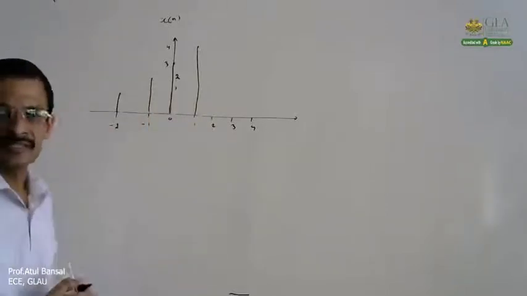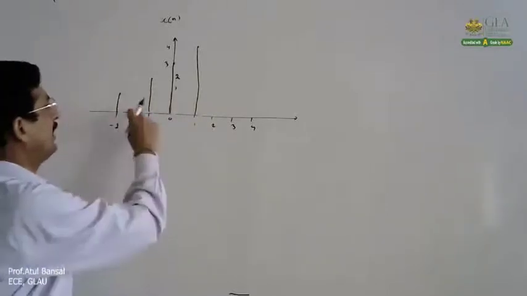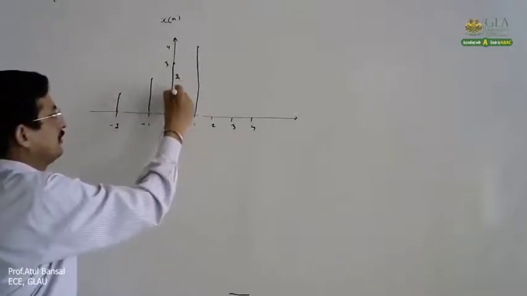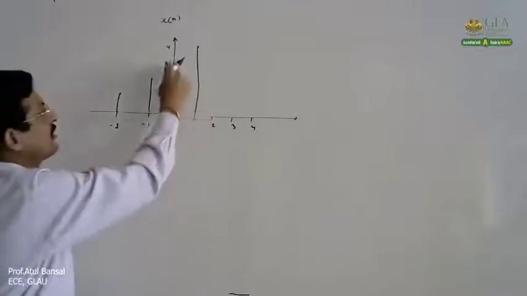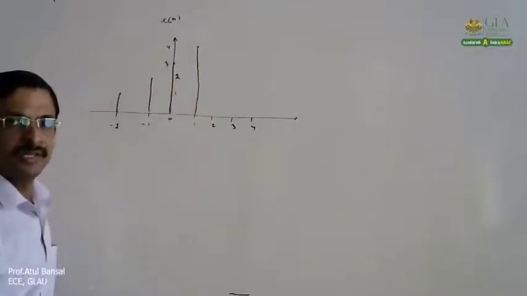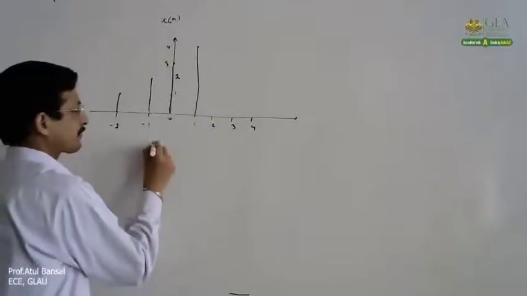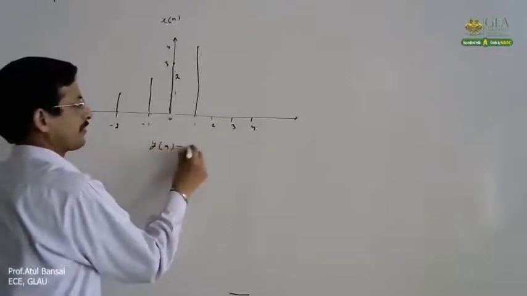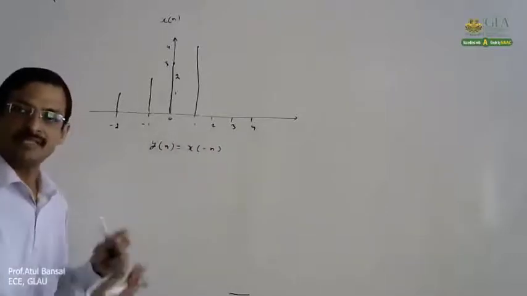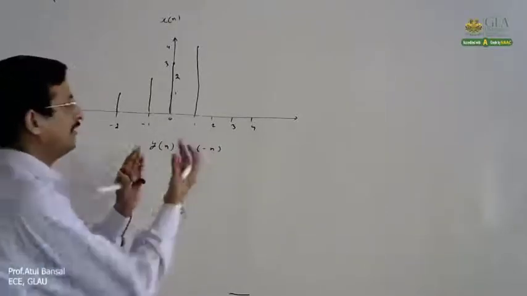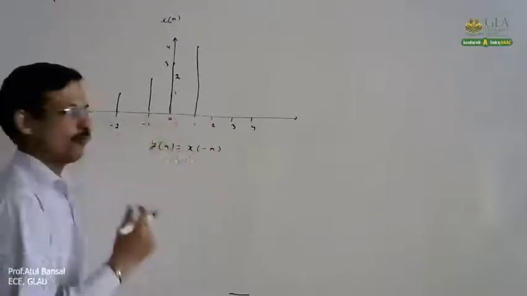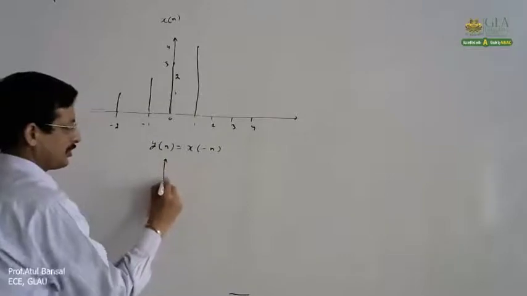Alright, so the signal is this, having value 1 at minus 2, value 2 at minus 1, at 0 it is 3, and at 1 it is 4. Now we want a new signal y[n], which is x of minus n. That is the reversal. So again, the signal will get reversed across the y-axis. So the new signal